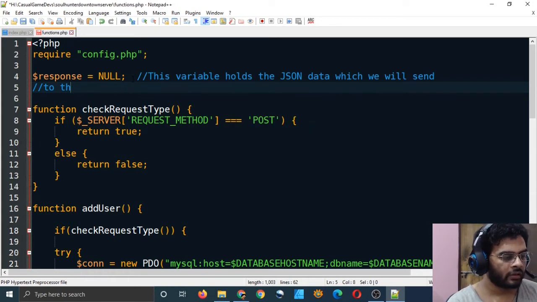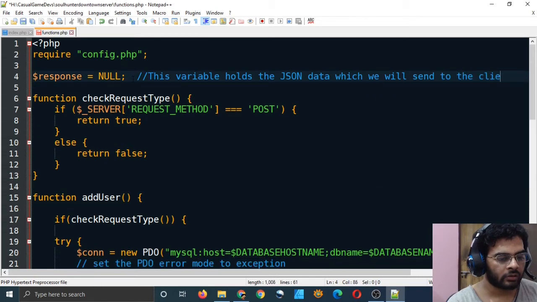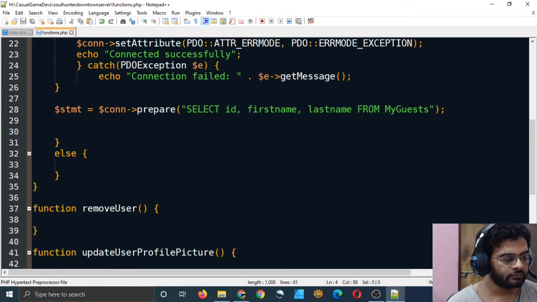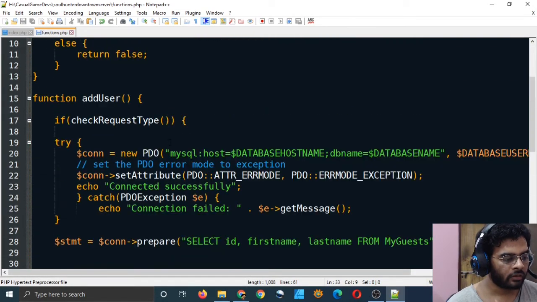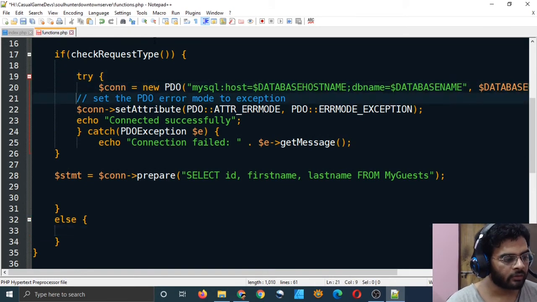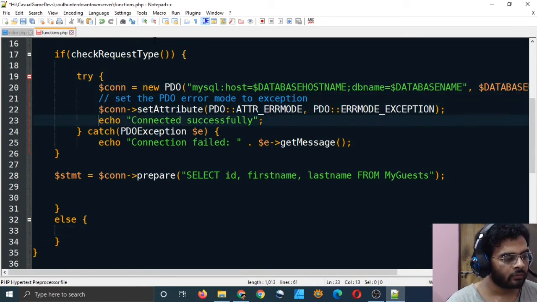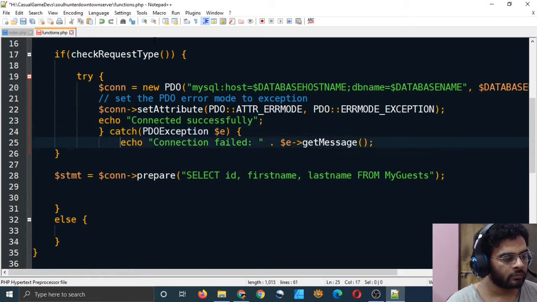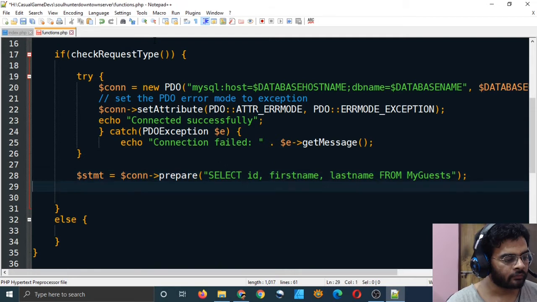That's it. And now in the else statement, let me indent it properly so that you can look at it properly, and all the statements are within this. Yeah, that's good.